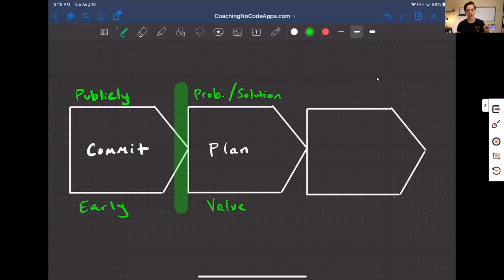Okay, so if we have the problem and we have the solution, what value does that bring to a user, right? I mentioned the solution will enable them to achieve a certain outcome. That is value. Your development plan, right? Now, this doesn't sound very technical, but your development plan needs to focus on the value. It has to. Otherwise, you're going to build the wrong things at the wrong times. You're going to get the wrong feedback. You're going to struggle with your development and your launch. Focus it on the value.